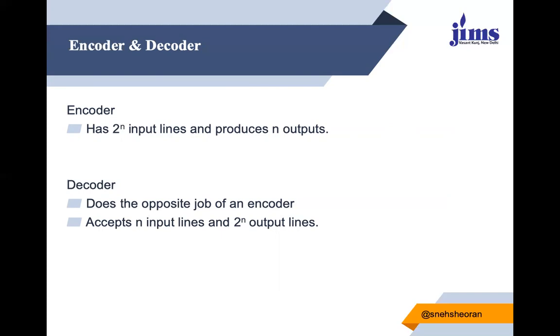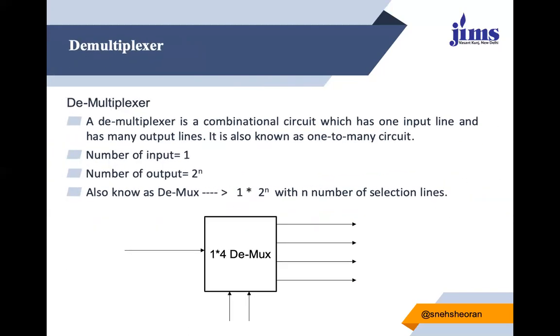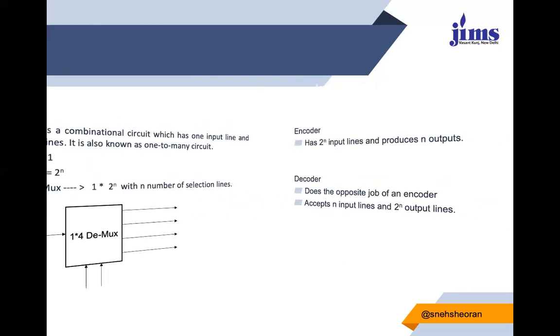See, these 4 devices, you must have already studied in your digital electronics, which is the base for studying computer architecture. Why do we call them combinational? Because these 4 devices are designed using logic gates. You give them an input, and on the basis of the input, it is going to give me an output. There is no concept of memory here. Whenever there's a concept of memory, it means we're going to talk about flip-flops, which will be covered later on. So these 4 are your combinational devices: encoder, decoder, multiplexer, and demultiplexer.